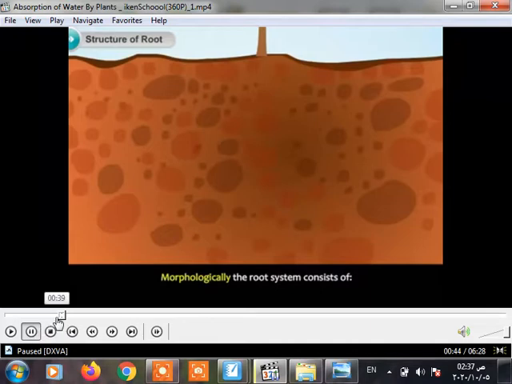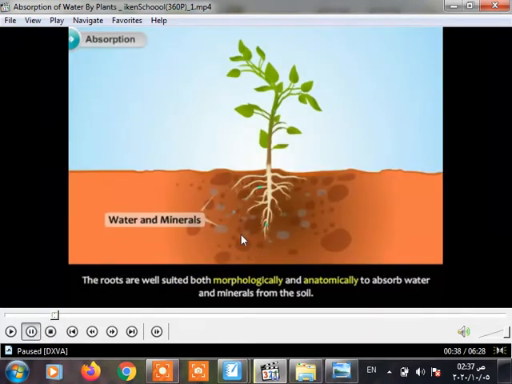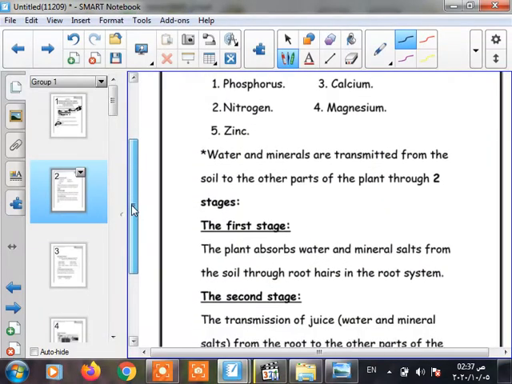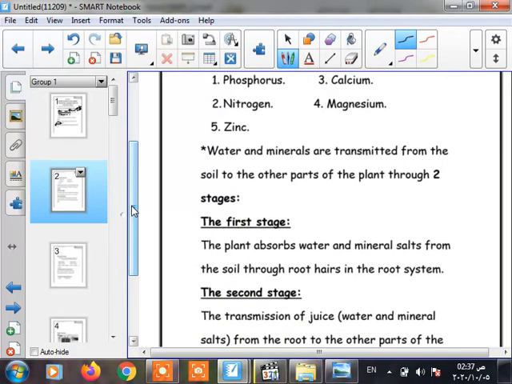let's continue. So we said the water and the minerals are transmitted, as we see, from the soil to the parts of the plant like leaves or flowers through two stages. The first stage, the plant absorbs water and minerals from the soil through root hairs in the root system. In this picture, we can see in the root very small branches. They're called root hair, and root hair can absorb the water and salt minerals from the soil. Okay,